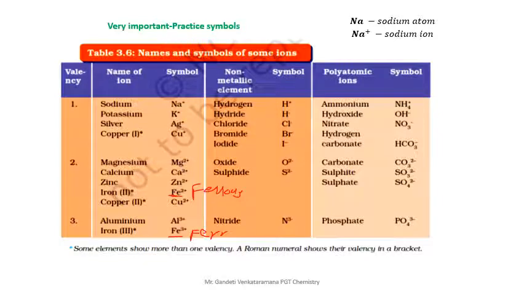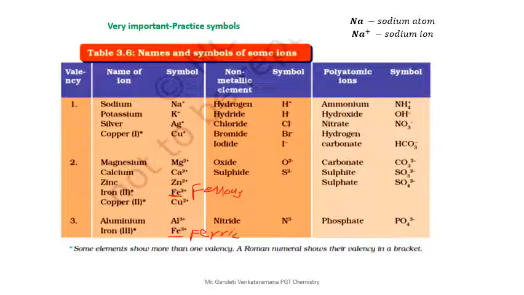Ferric, ferrous Fe2 plus. Listen carefully: Fe2 plus is ferrous, and ferric is Fe3 plus. Pronunciation is very important. Focus on the pronunciation. Clear? Ferrous is different and ferric is different. In the case of ferrous, your charge is positive charge 2 plus, but ferric में 3 plus.